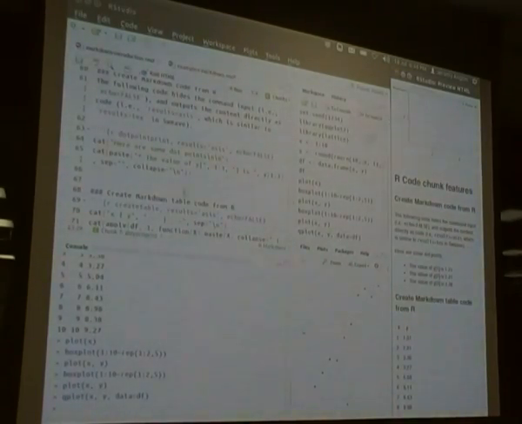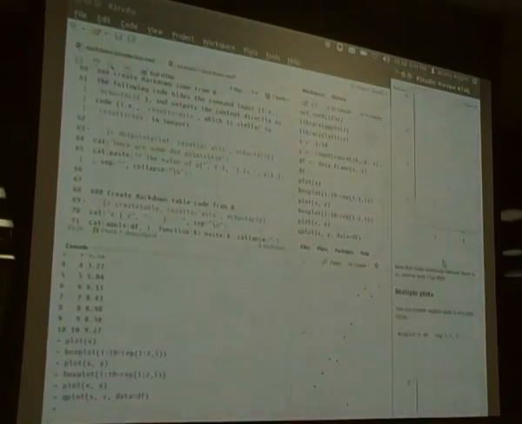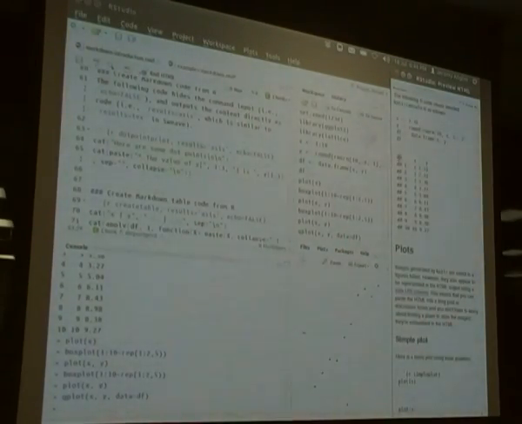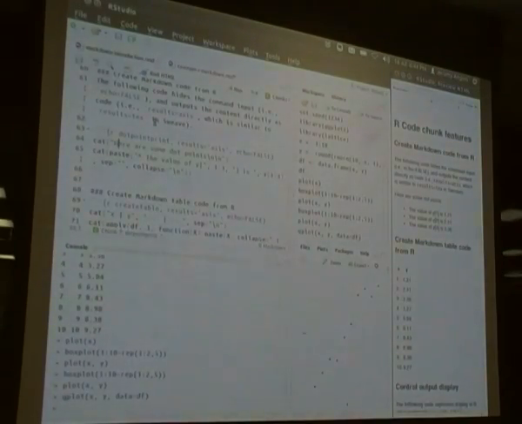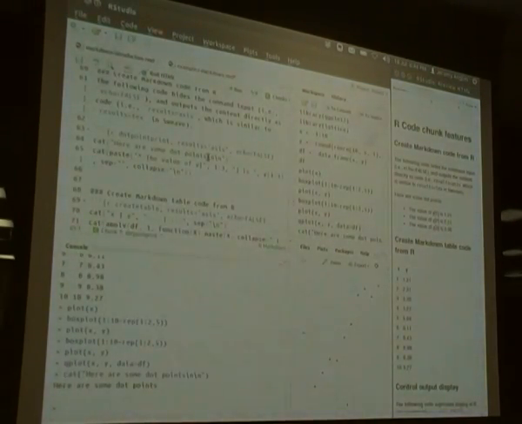So for example, instead of outputting text like this, where you've got the two hashes and it's embedded in a code block with code formatting, you can output it literally. So this writes, here are some dot points, \n is just new lines. So you can write that text literally and it appears literally in your document. Or if you want to generate some dot points by code, you could write something like star, which is the dot point indicator, the value of y equals and then 1 to 3 or something, and